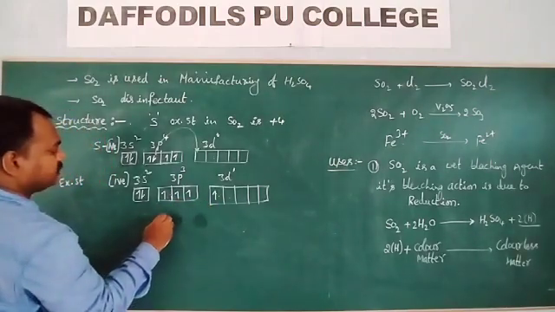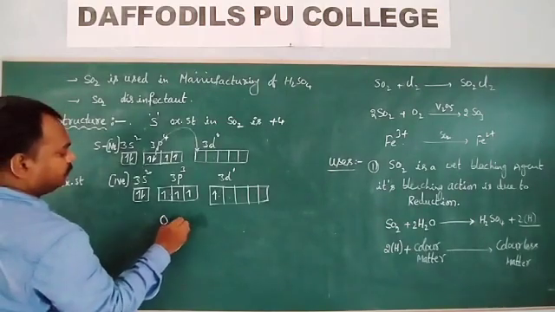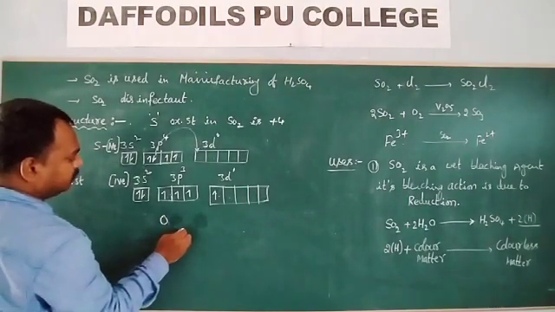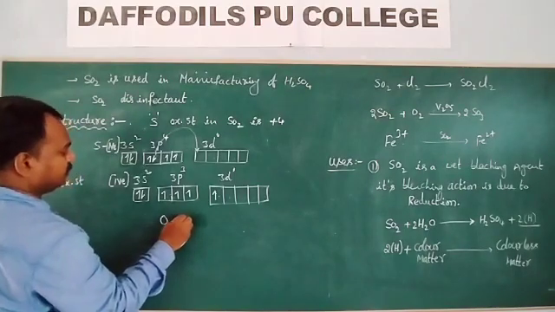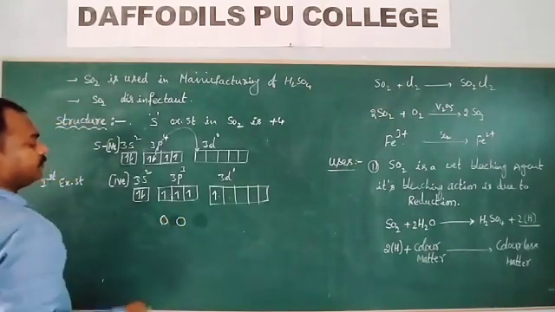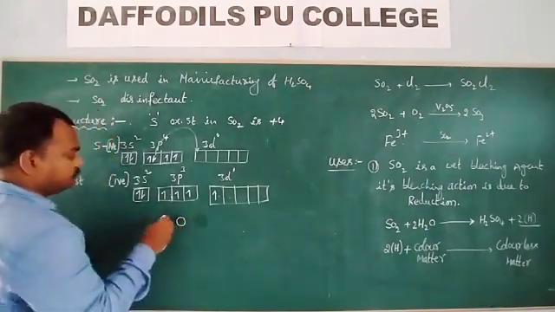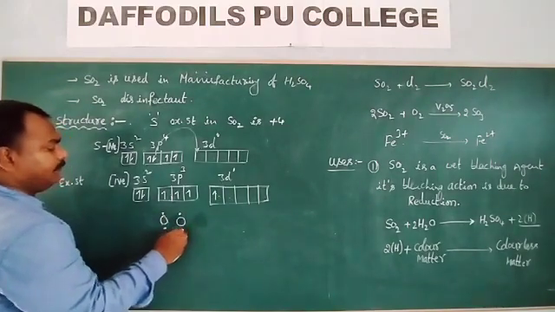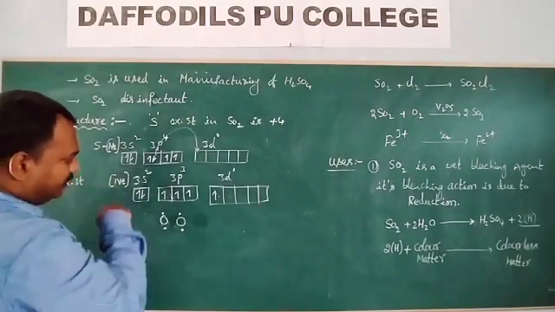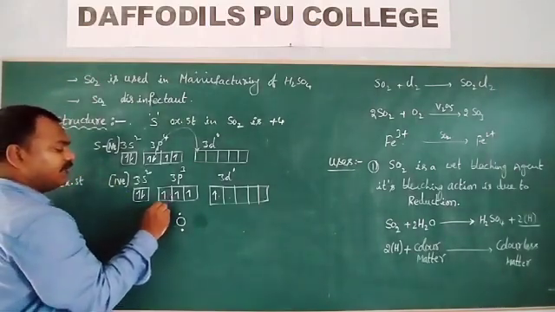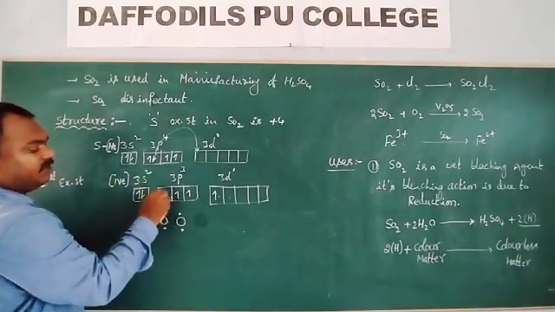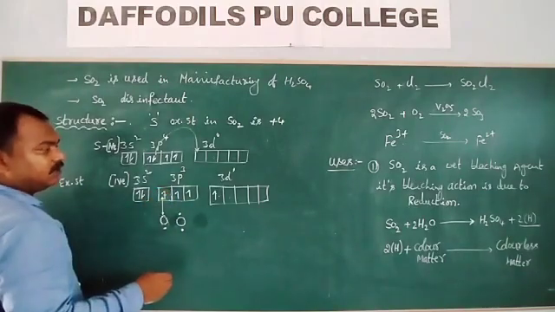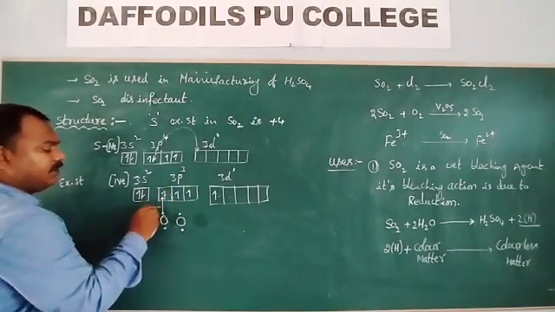So this is the first oxygen and this one is the second oxygen. So what will these do? Oxygen valence is 2, meaning 2 unpaired electrons are there on the oxygen atom. One of the unpaired electrons will make a bond with this unpaired electron. So you get a sigma bond.